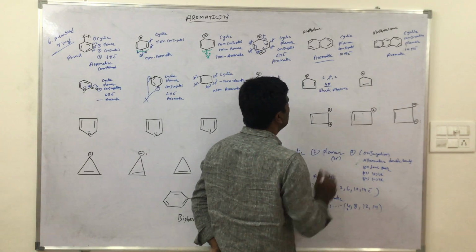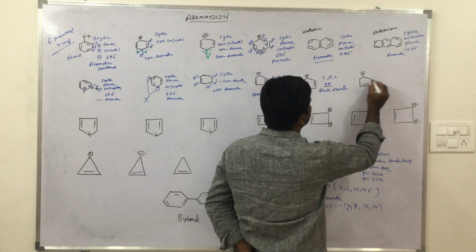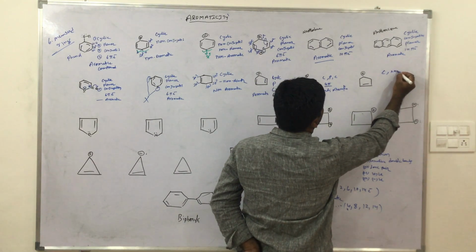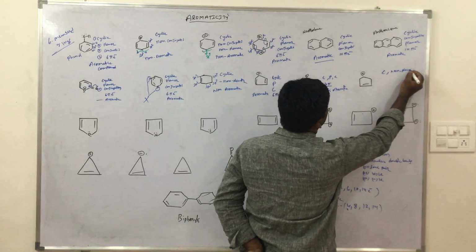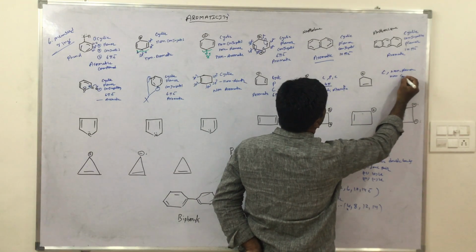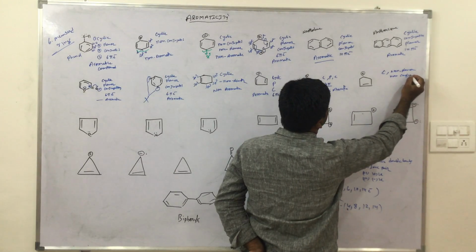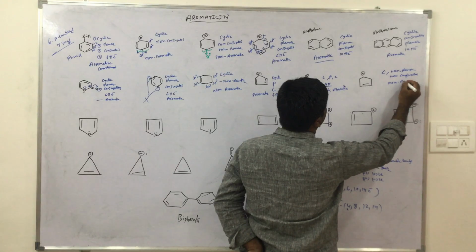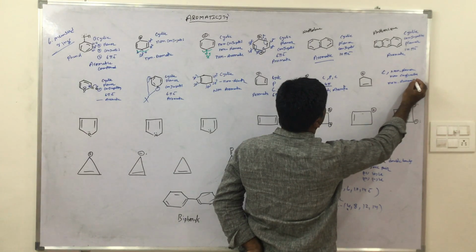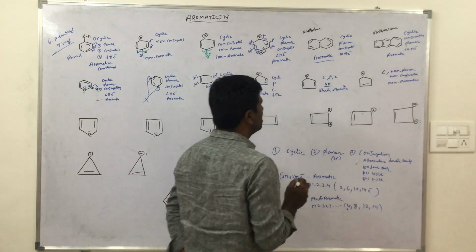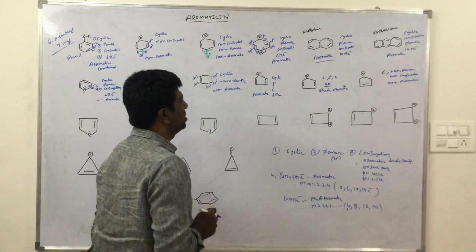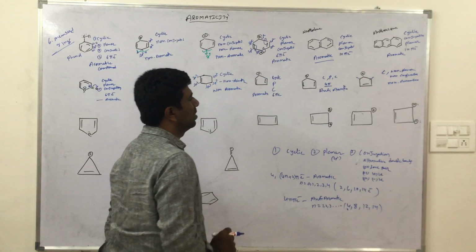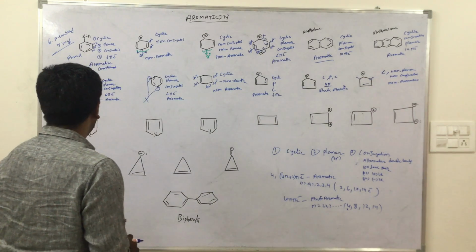Anti-aromatic. Okay. Now this one. Cyclic, non-planar, non-conjugated and non-aromatic. Why? Because alternative double bonds or lone pairs or positive charge, negative charge is missing here and here. Okay. Now this one.